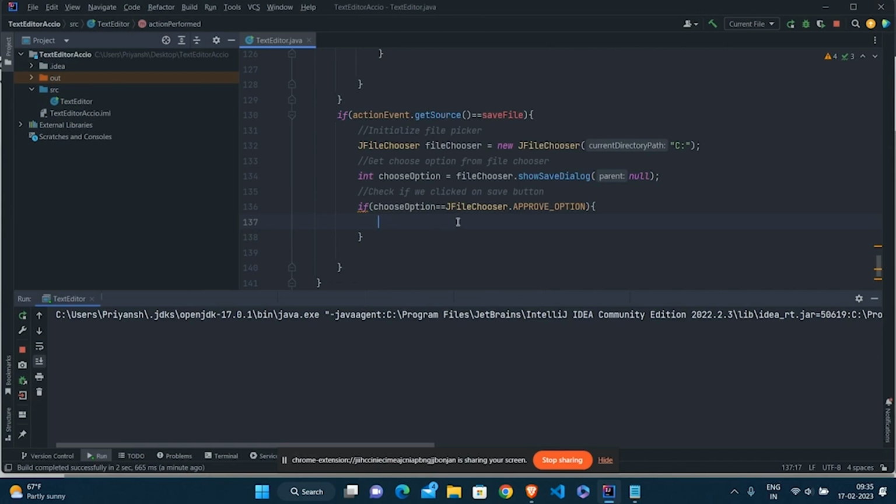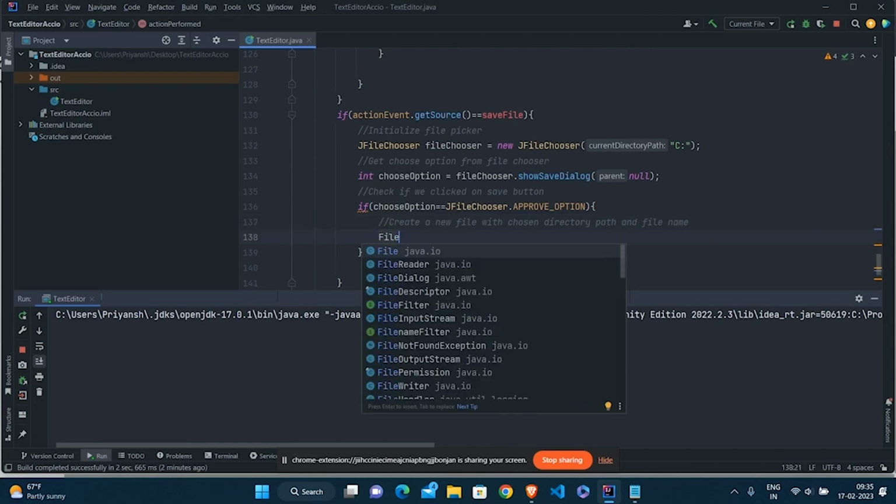Okay, what we need to do is create a new file with the chosen directory path. We basically selected some directory path, right? And file name. Inside this, I have to create a new file.